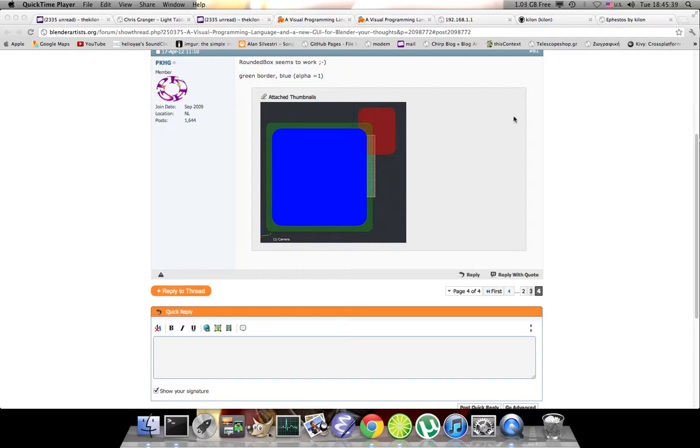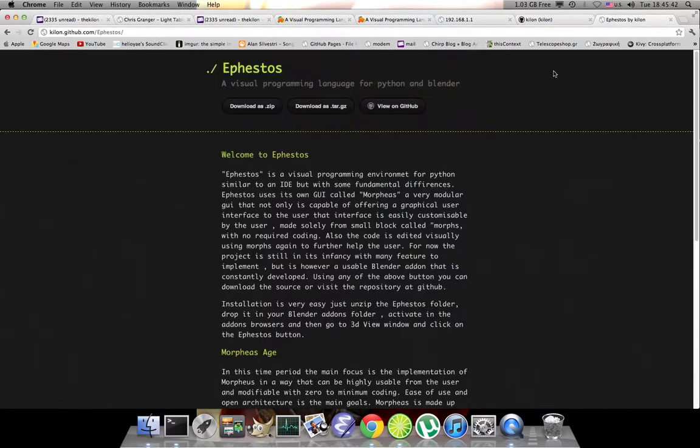So let's get started. If you want to get Ephestos and try it yourself, it's still in a very infant state, so there's not many things it can do, and it's not very impressive. But we have to bear in mind that I'm now building the foundations of the project, and so most of the time is actually spent on the architecture rather than on creating something visual